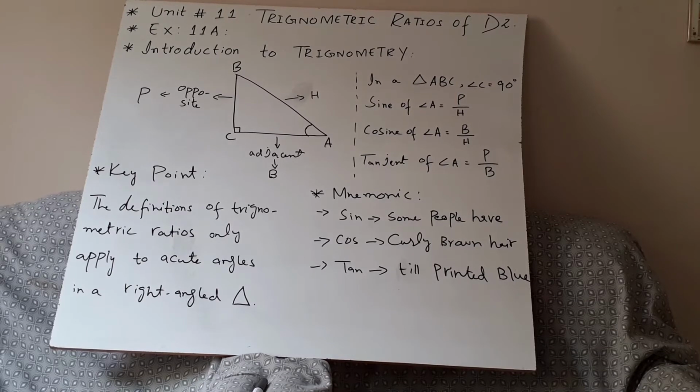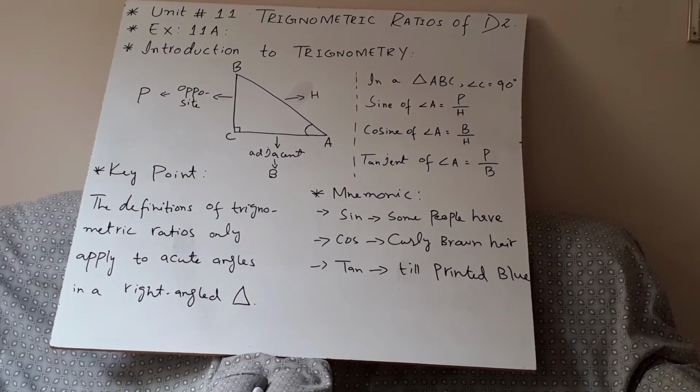You can see this figure. Triangle ABC, a right triangle, is in front of you. In this figure you can see angle C is at right angle, and we have done this in the previous unit. The side which is opposite to the right angle is called the hypotenuse. I am not writing hypotenuse; that arrow represents capital H, which means that side BA is the hypotenuse, represented by capital H.